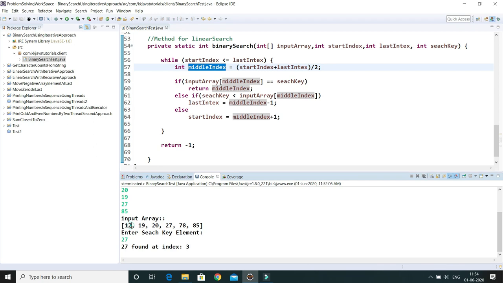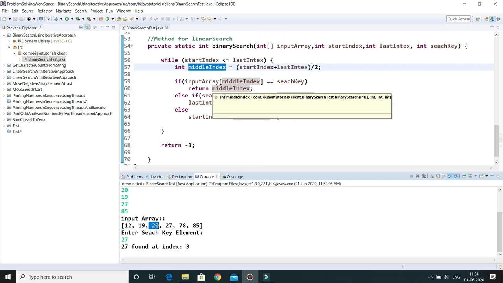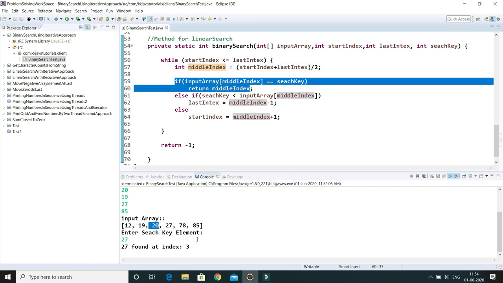So the middle index is 2, so 0 1 2. First, this algorithm will check whether the search key we are searching, 27, is present at the middle, and if so it will return the index, but that is not the case, right? Our element is not present in the middle. This is the middle element, and 27 is not the middle element.